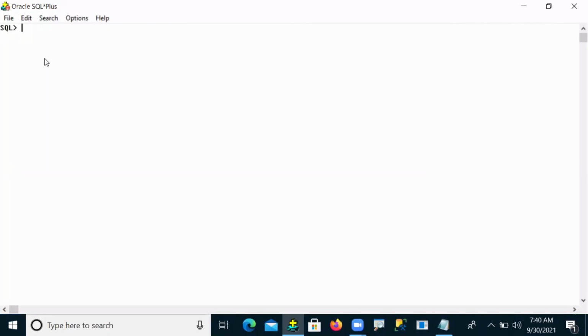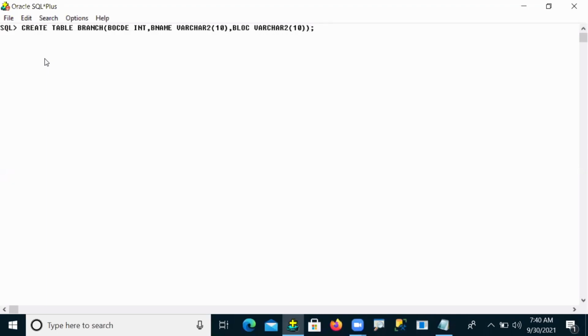We are creating one table. I'm creating one sample table with the create command, and the create command is a DDL command, that we already know. So that is one of the DDL operations that I'm going to perform here. Create table, the table name is branch: branch code integer, branch name varchar2 of some size, and branch location varchar2 of some size. So this is my table.